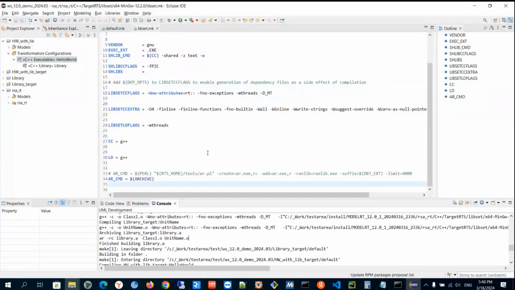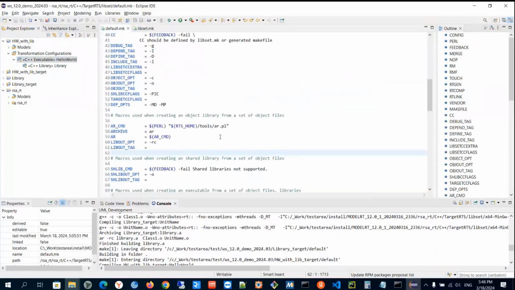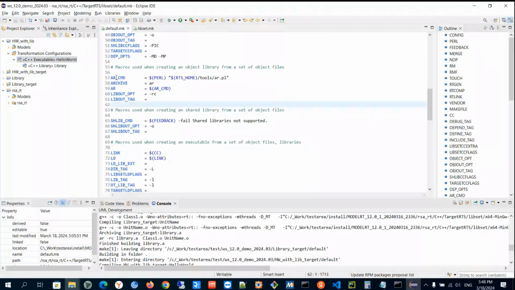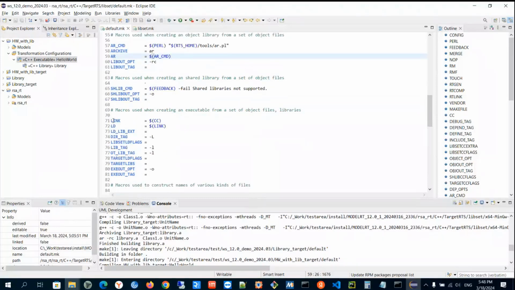Perl is used also for linking, but not for all platforms. So for archiving, by default, Perl is used. This is the default script. For linking, we have this LD command, and by default, for example for MinGW, it points to a normal link command. But for Visual Studio,